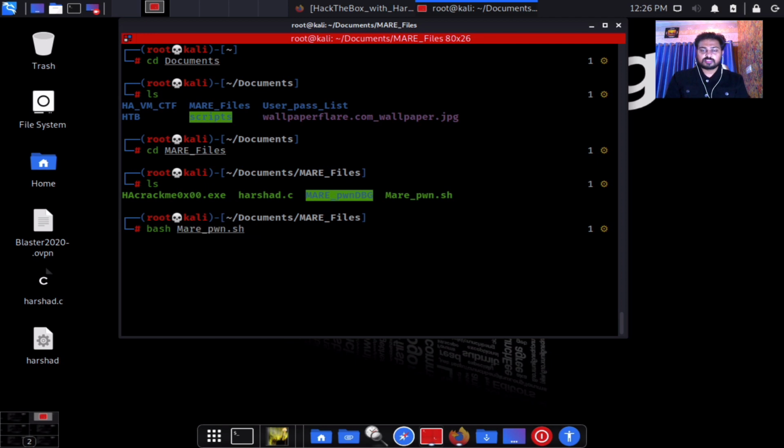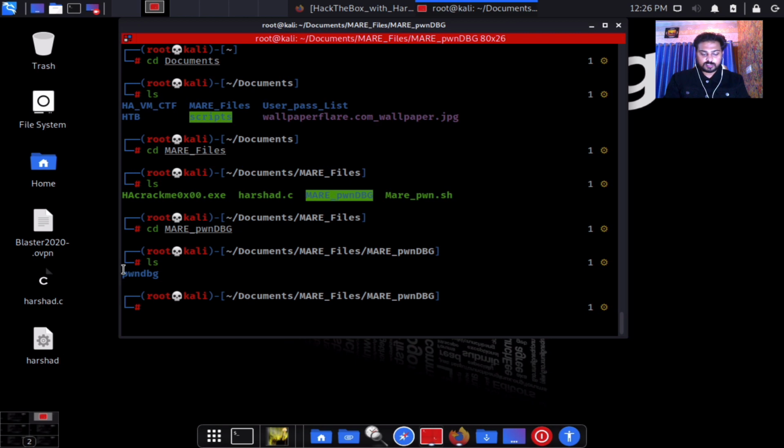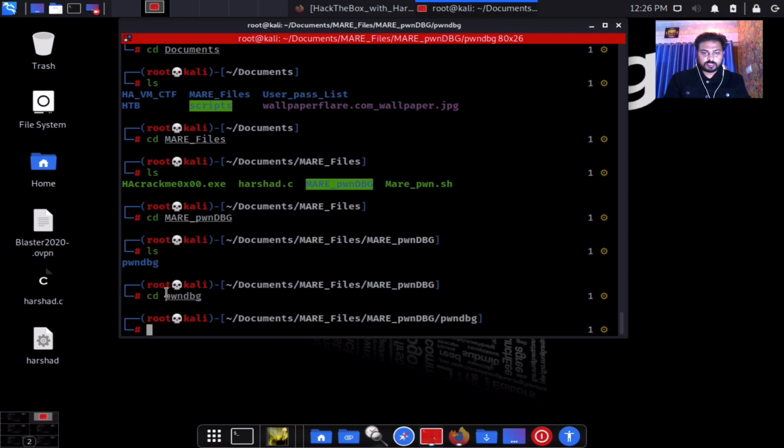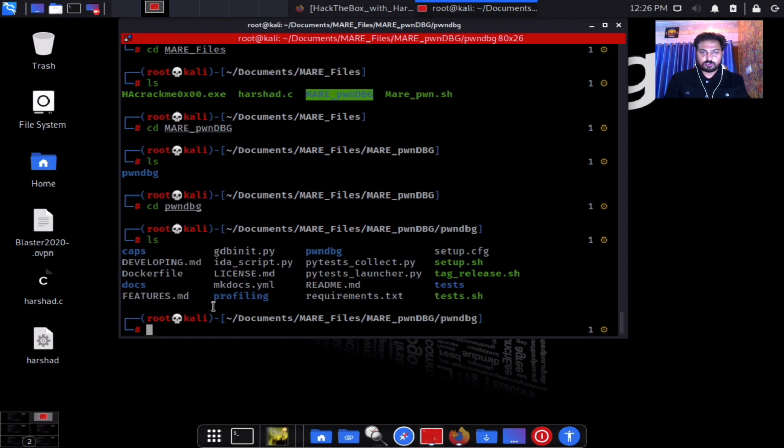Once you run this script, just wait for 5 to 10 minutes and it is automatically set up for you. Just run it, everything will be set up, and after that it will create a folder named pwndbg. So cd, then simply pwndbg, and when you have set it up, go to ls and go to the folder pwndbg. So this is set now. There's no need to do anything else. You can see we have a setup.sh. There's no need to set anything because whenever you run my script, it will automatically set up for you.